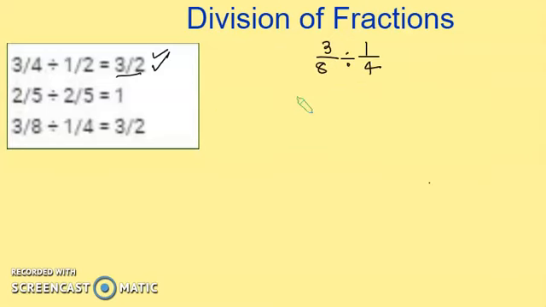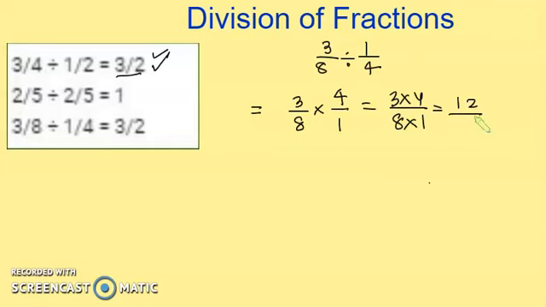Now as you can see, our next question, that is question number 3, is 3 by 8 divided by 1 by 4. So we have to follow the same steps. Note down the first fraction as it appears in the question. Change the division sign to multiplication sign, that is the next step, and then flip the second fraction. So the second fraction is 1 by 4 and once you flip it, it becomes 4 by 1, and then multiply the numerators, that is 3 times 4, and multiply the denominators, 8 times 1, which gives you 4 3s are